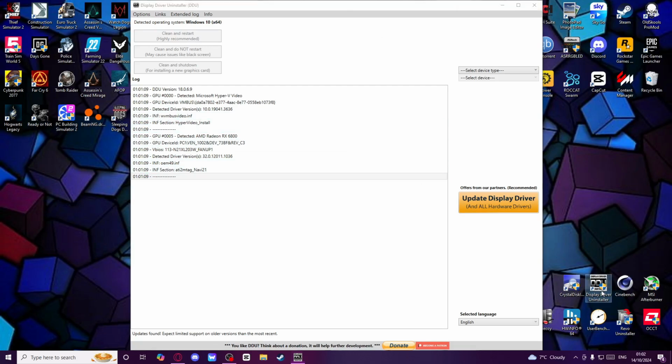So when you open it, it'll look like this, and it'll tell you which GPU is detected in your system, which is correct. Now over here, these drop down boxes, you basically want to drop down, tick GPU, it automatically picks AMD, but you select the drop down and you can go Nvidia, AMD, Intel. You want to select the one for the drivers you want to uninstall. So I would go Nvidia, and then